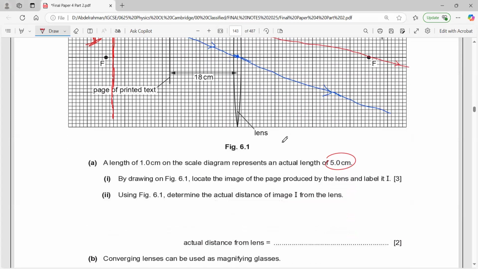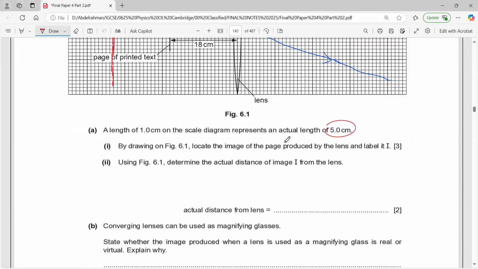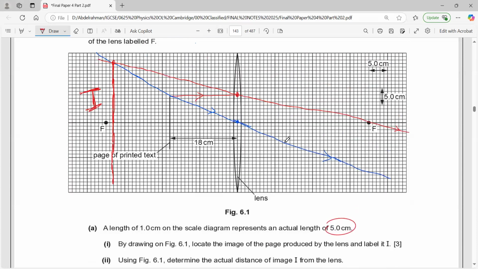Using figure 6.1, determine the actual distance of image I from the lens. Using the figure, determine the actual distance from the lens. I know my drawing isn't very accurate. How can you draw a very accurate drawing? You need to draw it using your ruler and your pencil. The actual image should appear